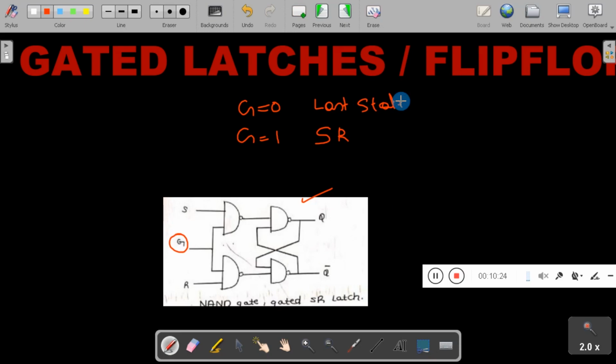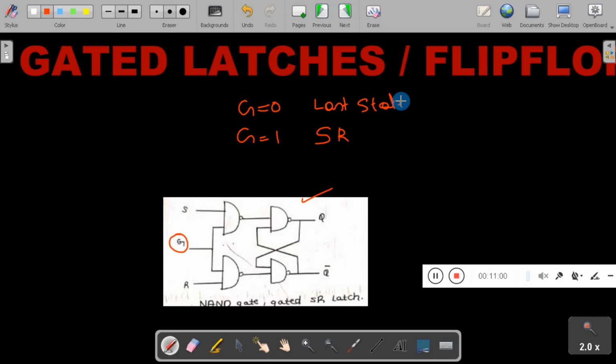What is the use of gated latches or clocked flip-flops? They are required in order to synchronize the various functions of the circuit. In the transparent method, when you give input you get the output. But in gated or clocked flip-flops, there is a control. If the gate signal is 0, the latch will not work; if it is 1, the latch will work.